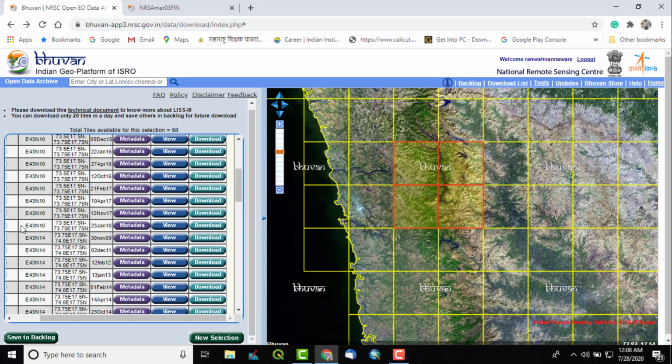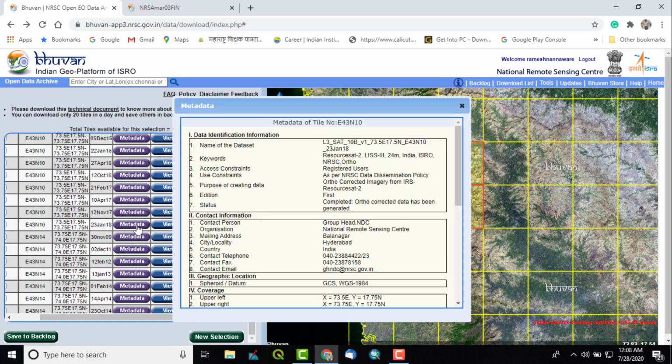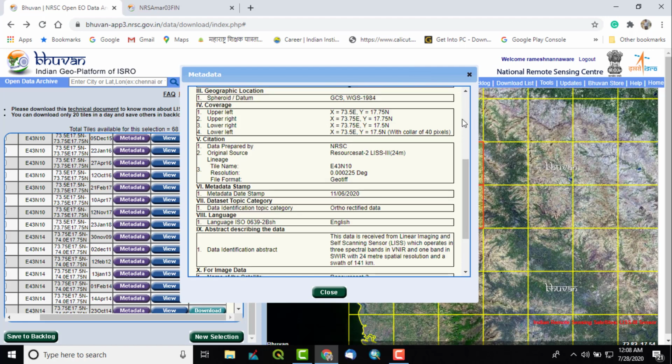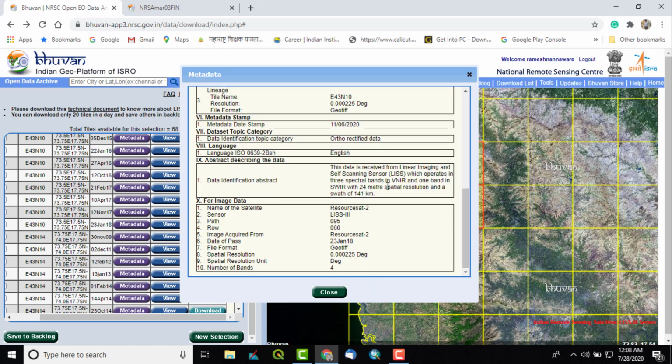So it is here. It will show its topo sheet number, its location, its date of acquisition, 23 January 2018. Metadata is also available. You can click and go through the metadata, the information given, like what is the file format, what is the resolution of the satellite image and all.